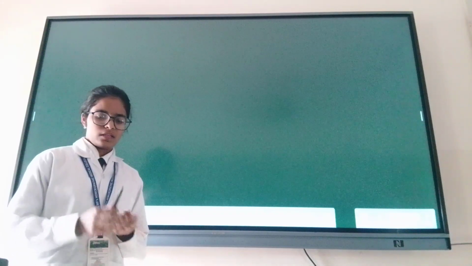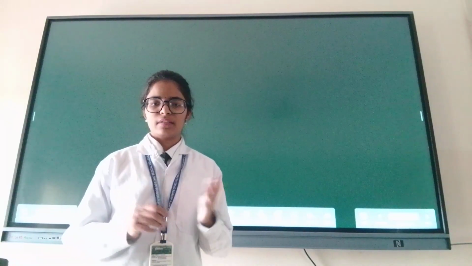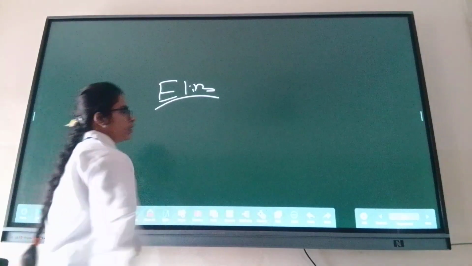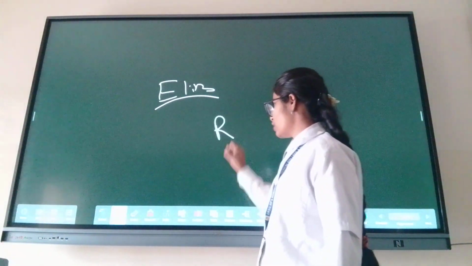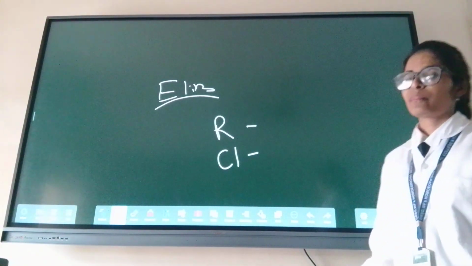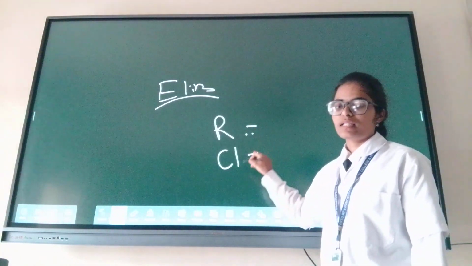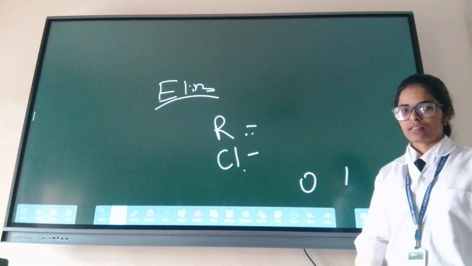Now this is biotransformation or metabolism. We have seen biotransformation or metabolism. The main site of biotransformation is the liver. Now elimination or excretion. We have to see rate of elimination, clearance. These two terms are a little confusing. Rate of elimination, clearance, and zero order kinetics, first order kinetics. Let's study it.